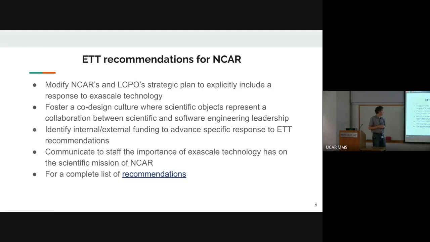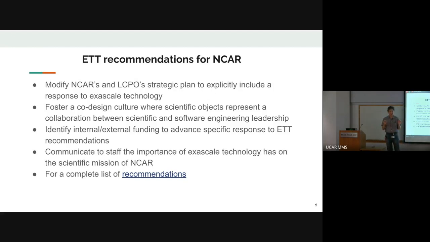Another really critical one is to foster a co-design culture where science objectives represent a collaboration between scientific and software engineering leaderships. In some laboratories that's stronger than others. But one of the things that I noticed